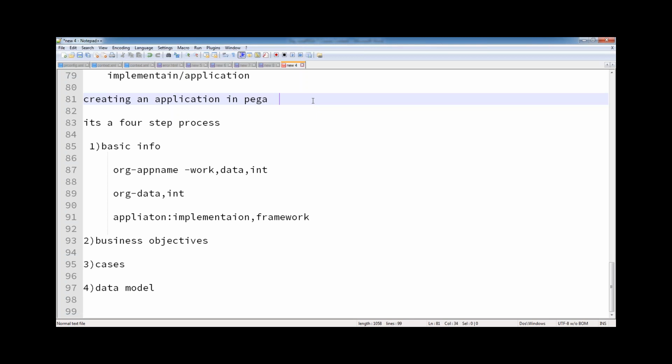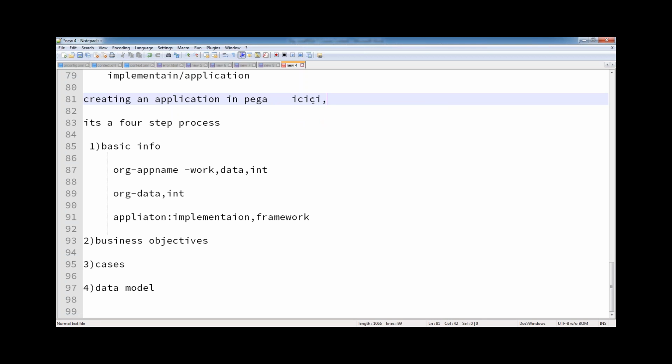Let's take ICICI as an organization, and I want to build an application. Before building an application, you should do some groundwork: for which line of business are you creating an application? In real time it happens. It is a discussion not only with the developers; all the stakeholders, LSAs, system experts, and SMEs will be there. We collectively come to a conclusion on whether we can go for implementation or a loan framework or a framework.